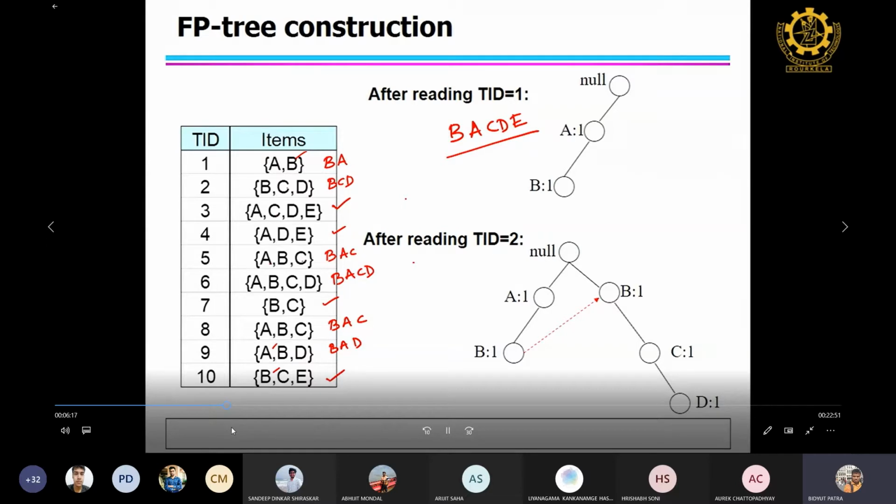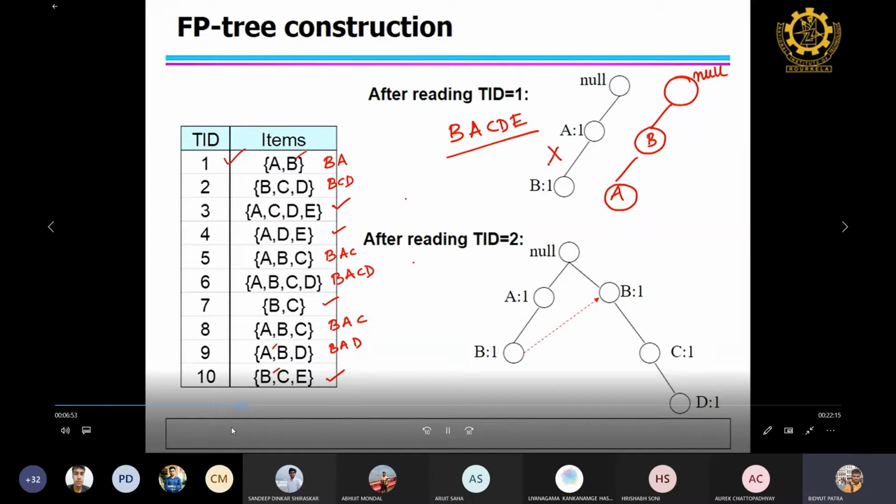Second step: now you have to generate the frequent pattern tree. How will you generate it? First you traverse each transaction and add this information to the already generated tree, incrementally. First, this is null, this is the root. The first transaction is B and A. So you make a root, then B and then A.